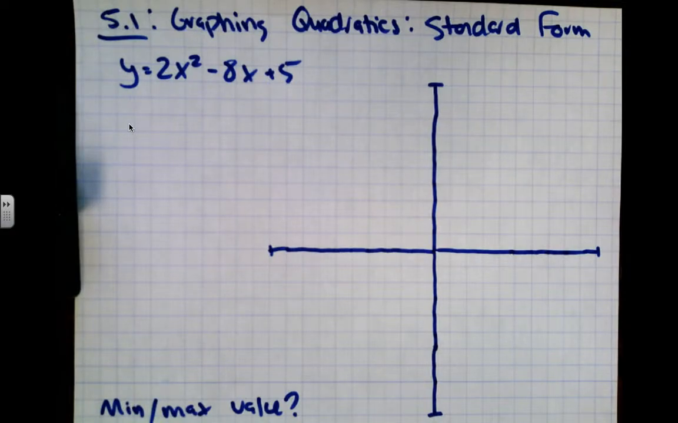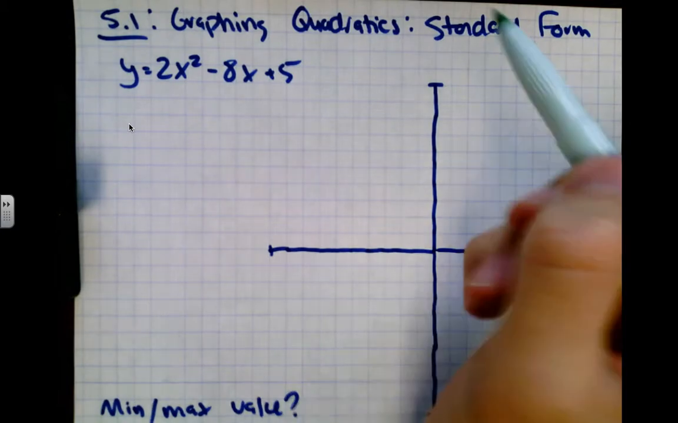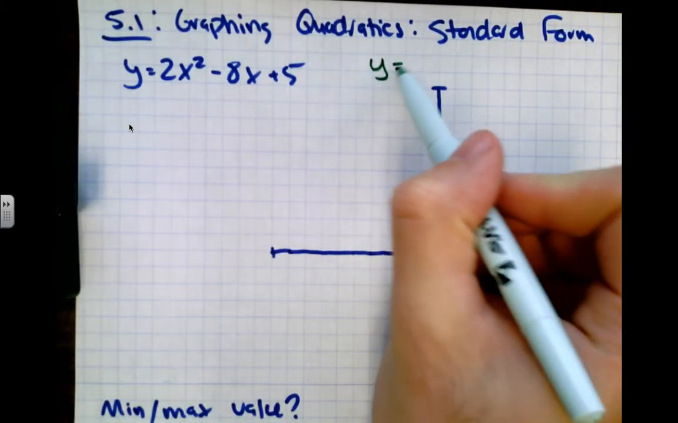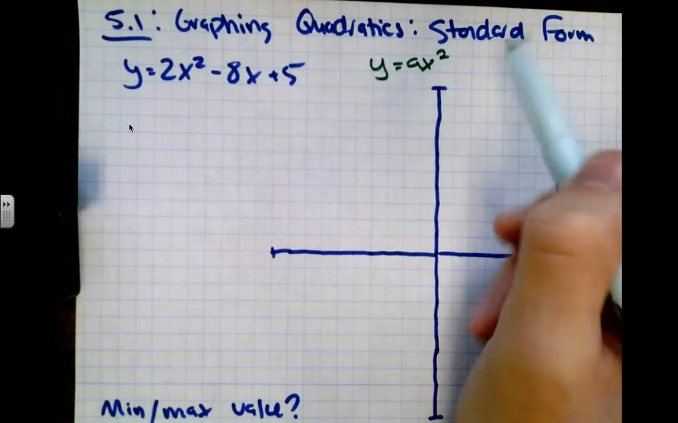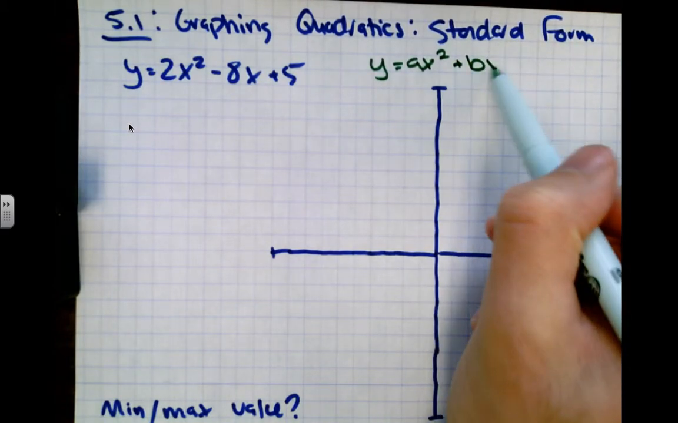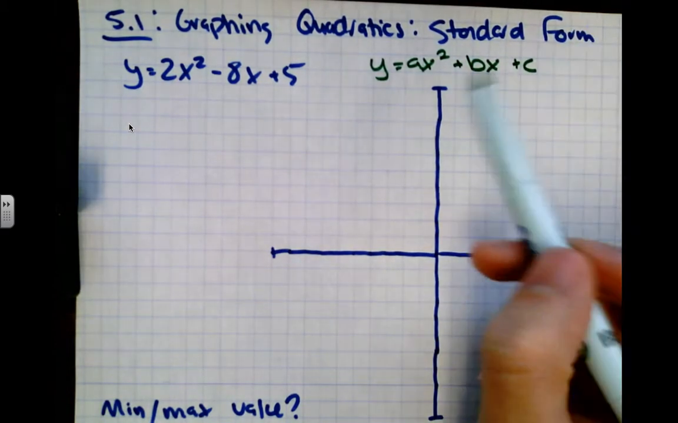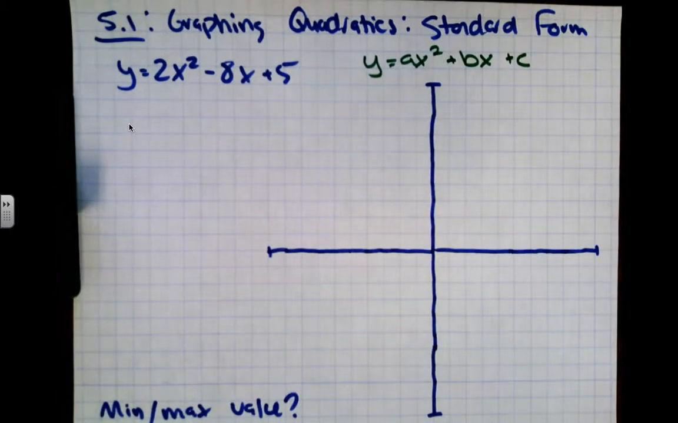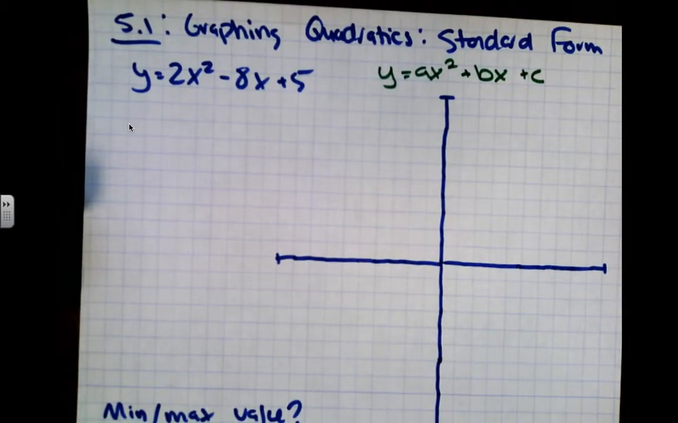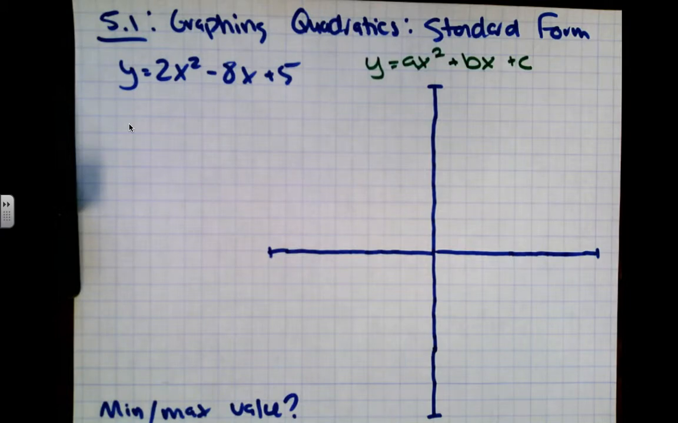What we're going to take a look at today is graphing quadratics when they are in standard form. If we remember, something that is in standard form is of the form ax squared plus bx plus c, where a, b, and c are all constants. Looking at this, the first thing anytime we're looking at graphing a quadratic is we want to identify where the